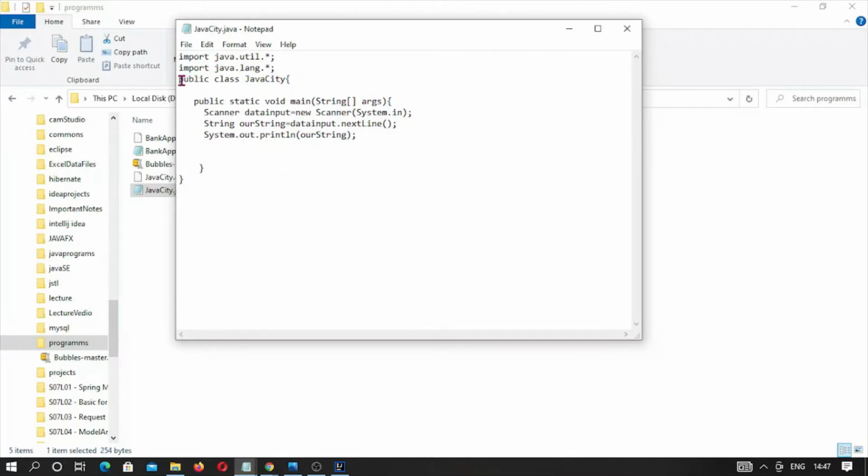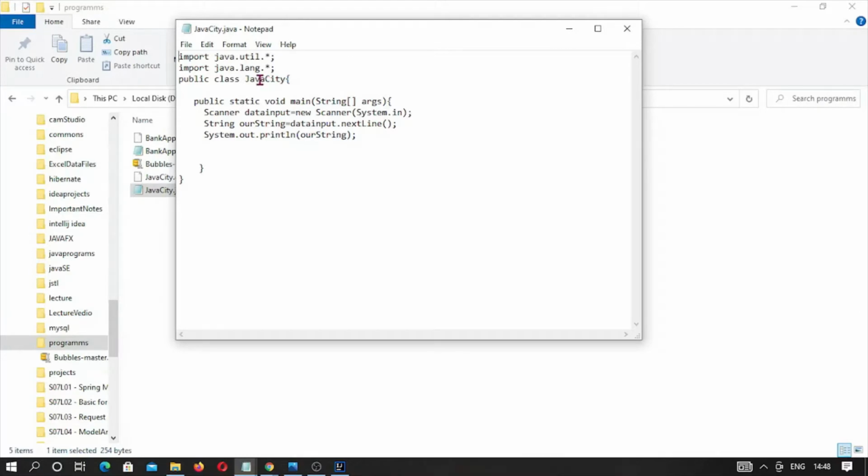So here we have to write public class javacity. This is an access modifier we have to choose, and this class keyword identifies that this is a class and this is the class name we have chosen. What we have taken here, Java City. So always remember that Java is a case sensitive language.